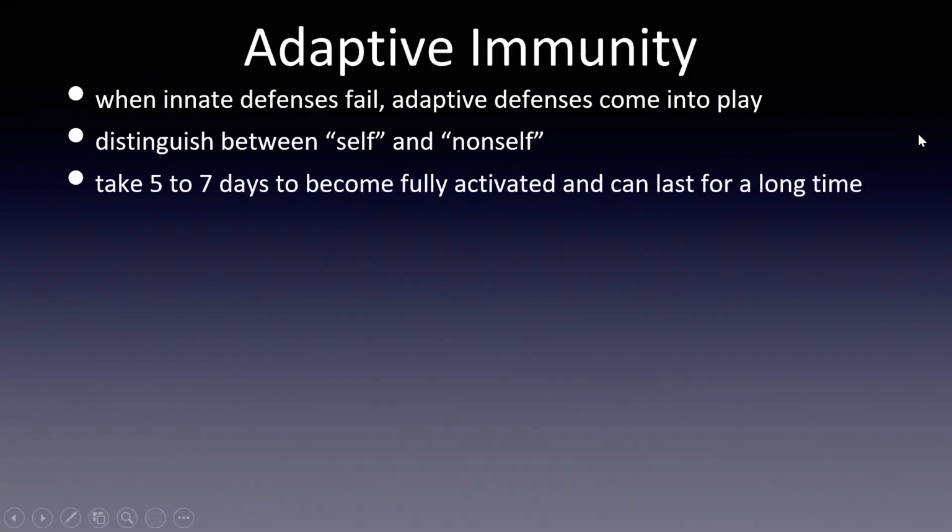So it takes about 5 to 7 days for your adaptive immunity to become fully activated, but then it lasts a long time. So that's kind of why when you have a cold, you'll feel some minor symptoms to begin with, and then it'll grow into a bigger curve where you get some full-on cold symptoms, and then eventually you'll get healthier and they'll trail off. Over the course of 3, 4, or 5 to 7 days, you may still be feeling healthy, but still have some effects, or even at the beginning or the tail end of being sick. But that's where adaptive immunity comes in.